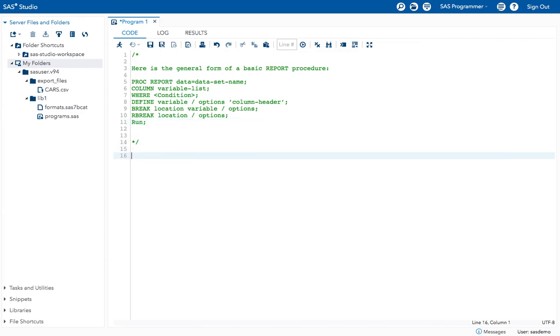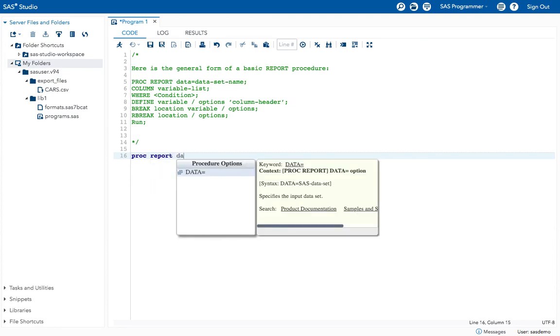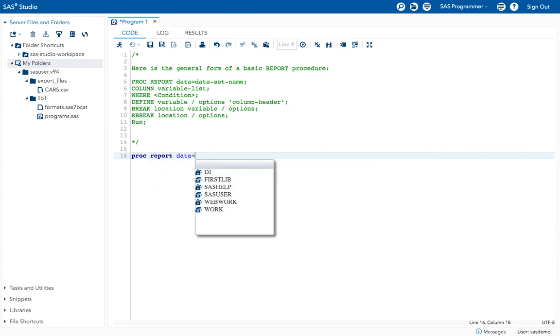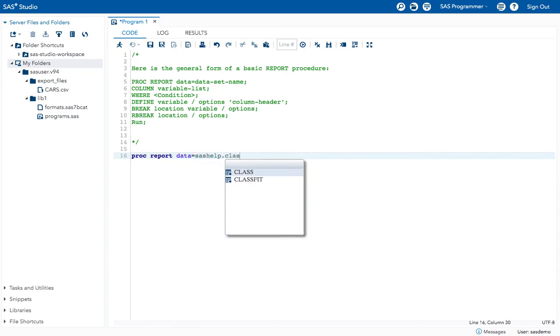See here, I am taking an example. Now I want to generate a report for the class dataset from the SAS help library. How can I do that? See, proc report data equal to sashelp.class.